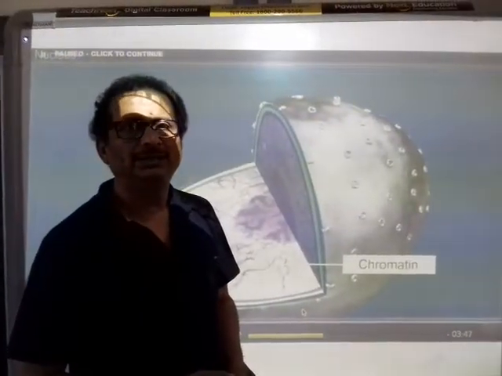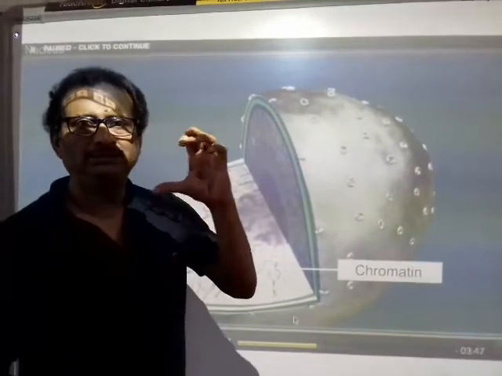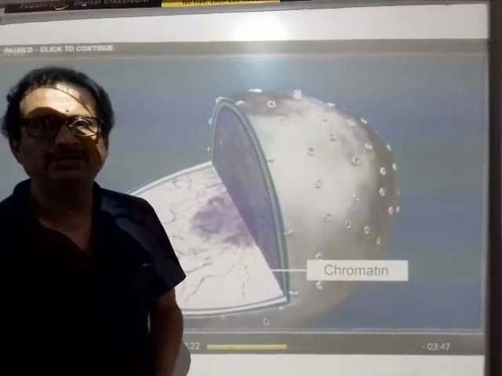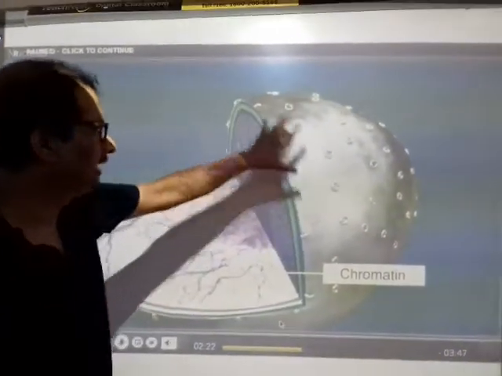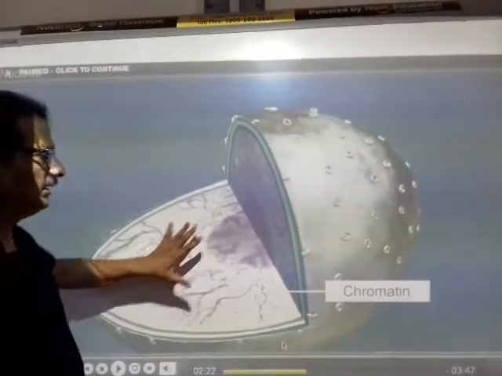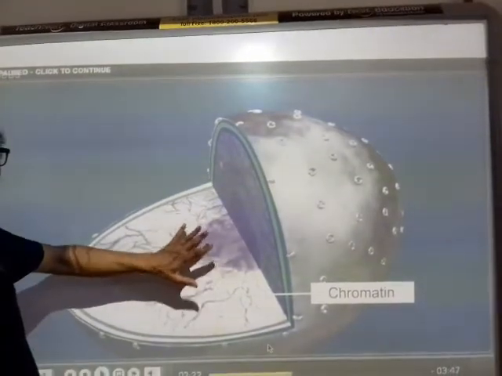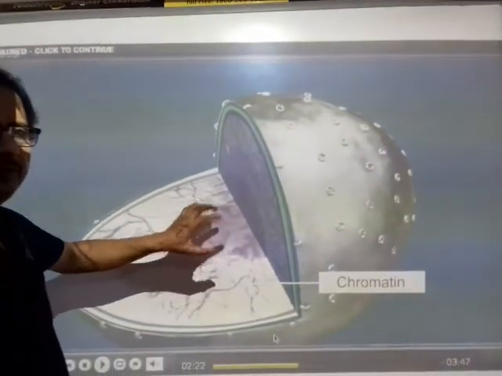Students, for 10th standard we are going to study about the structure of the chromosome, and that part is actually the last part of the chapter on cell division. Now all of you know that the chromosome resides inside the nucleus. This is showing the nucleus, and you have the chromatin material. So the chromatin material is actually the chromosome, which is not in the condensed form but in form of thin